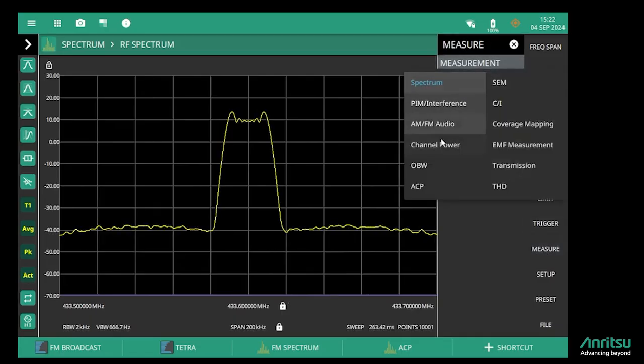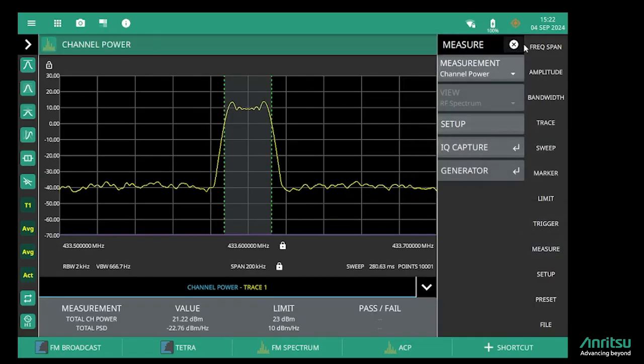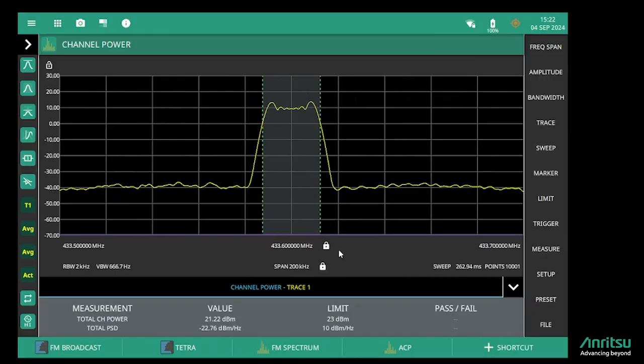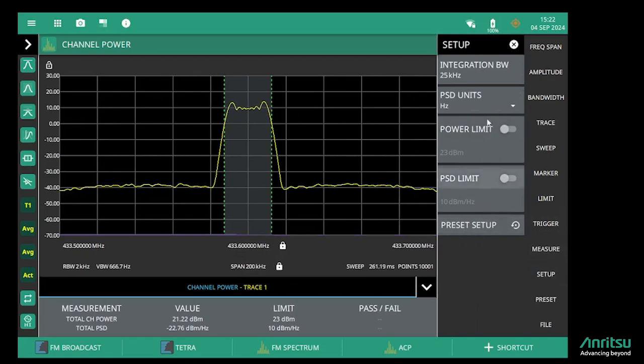So I select channel power from the measurement menu, and now we can see these two lines represent the 25 kHz integration bandwidth that I've configured, and we're measuring down here in the bottom of the display the channel power, which is defined as the area under the curve between these two dashed lines representing the 25 kHz channel that